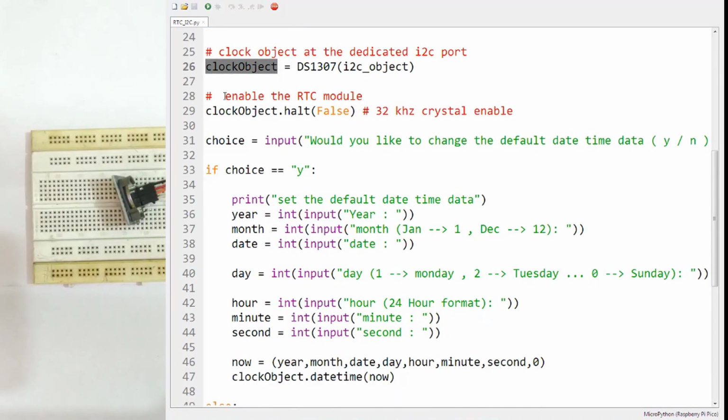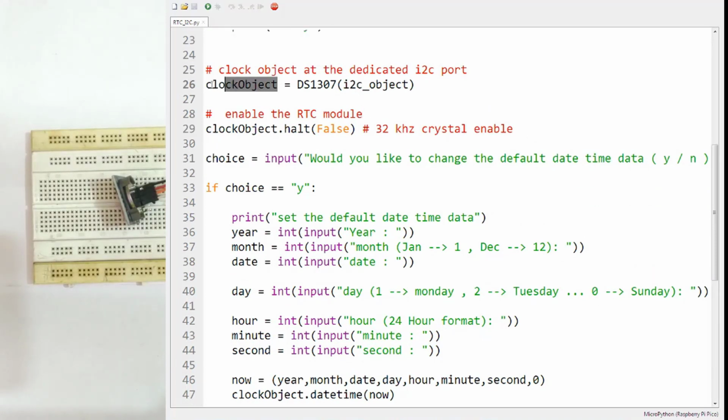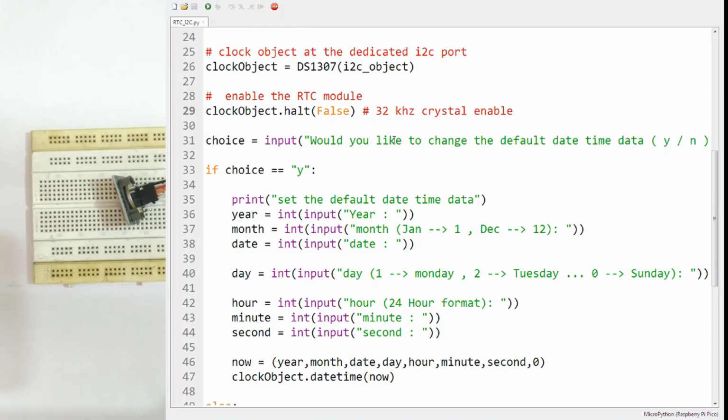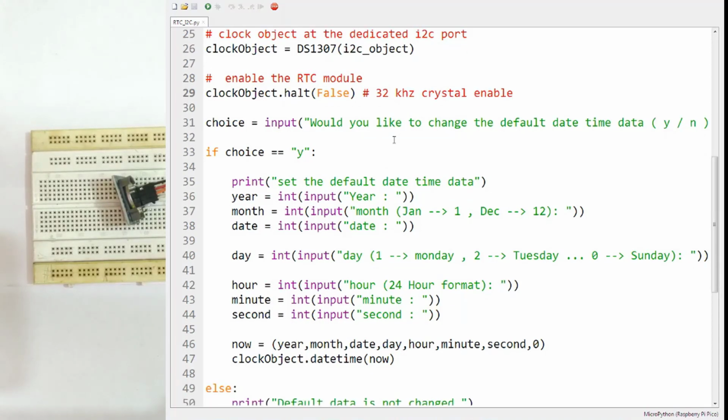Now you have to enable the RTC module. On the clock object, you will use the halt method with the parameter False. What this will do is enable the onboard 32 kHz crystal, and the RTC module will be set for taking times.